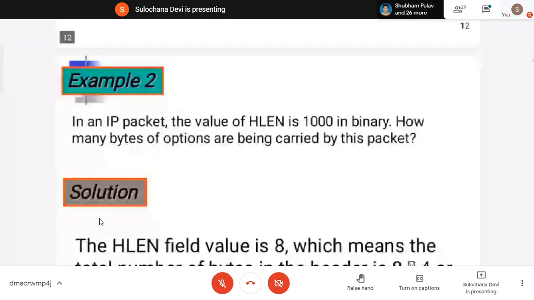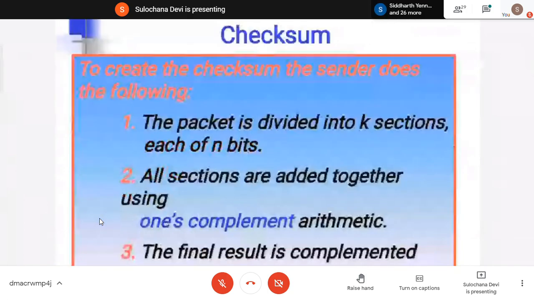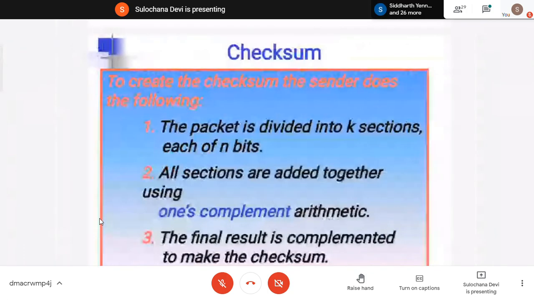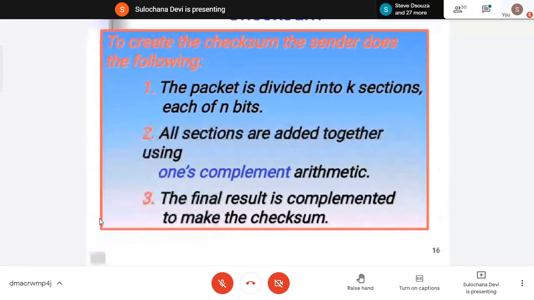So first is checksum. I have not covered checksum in error correction yet. There I'll teach it again and tell you how to calculate it. But for today, checksum is a total sum. Whatever data you are sending, you add it together and send that sum to the receiver side. At the receiver side, they will calculate the sum again and find out whether it is the same or not. Generally, the ones complement is used.